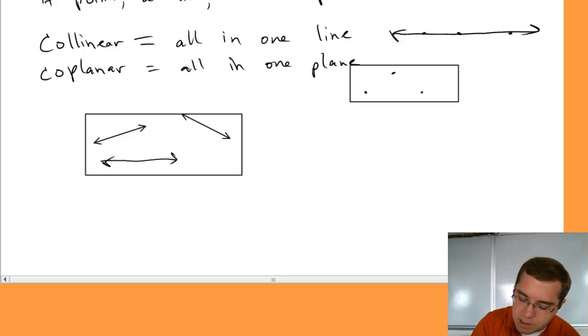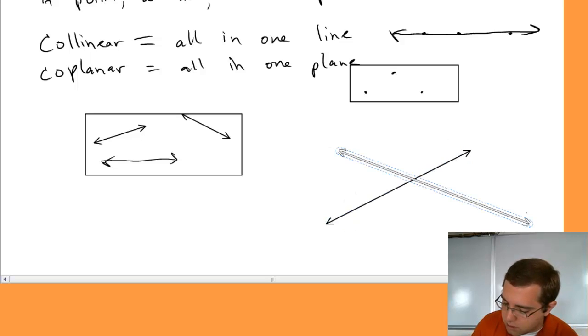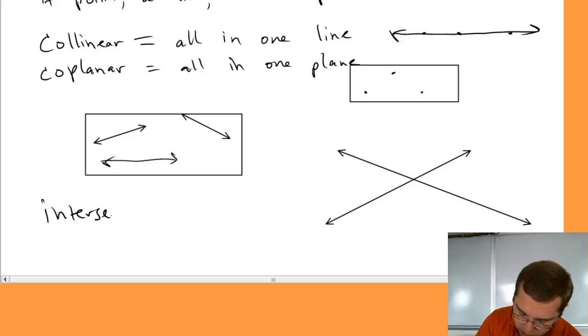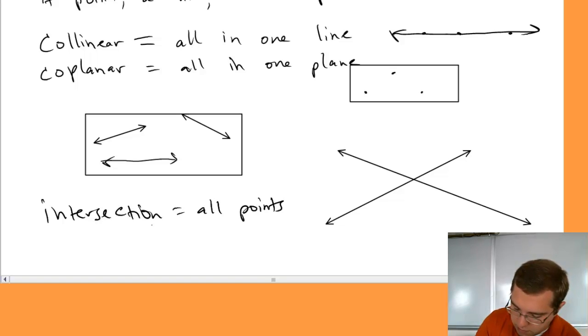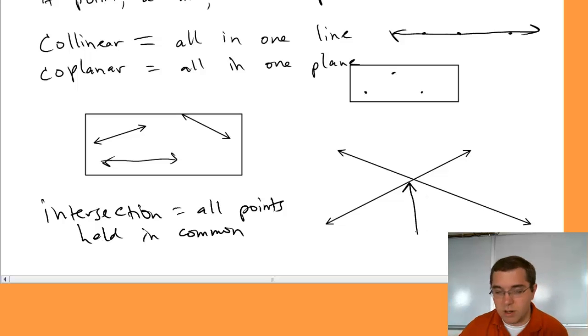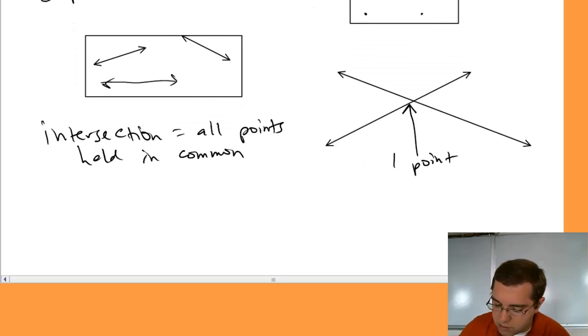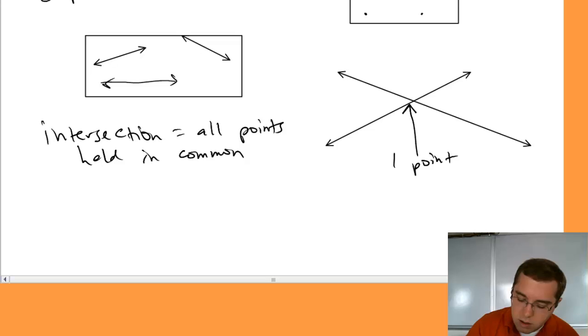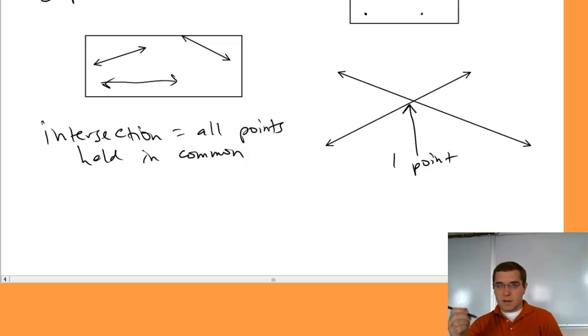We know what it means for two things to intersect. The intersection of two things is all of the points that they have in common. The intersection is all points held in common. So when two lines intersect, they have one point in common. And that one point is the intersection of those two lines. We can have two planes that intersect. It's very difficult to draw on a two-dimensional